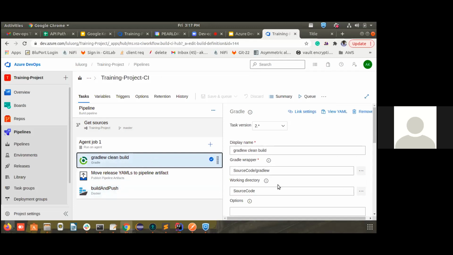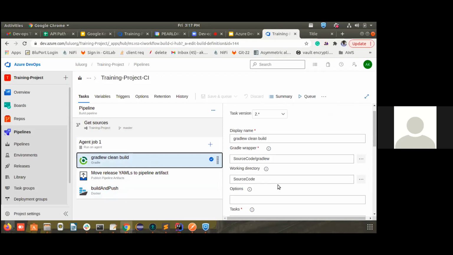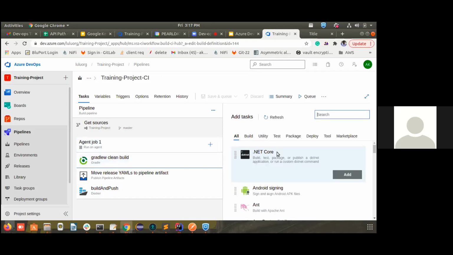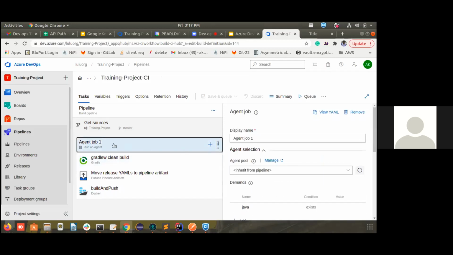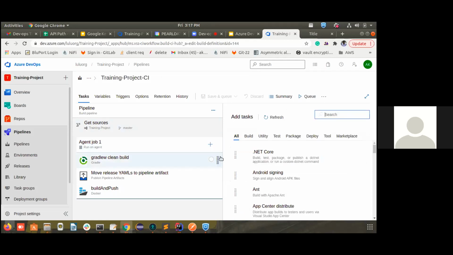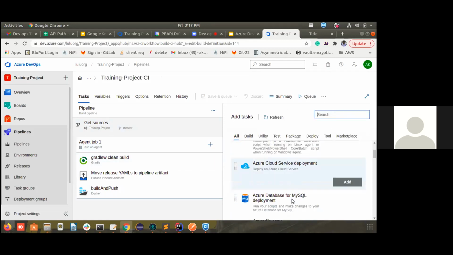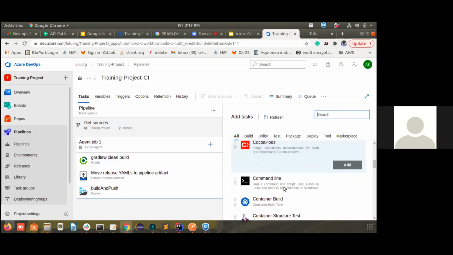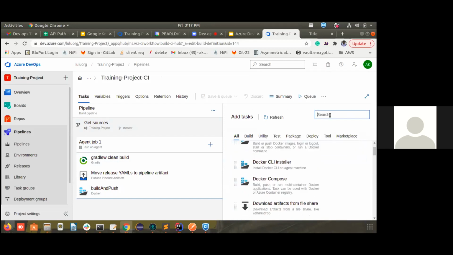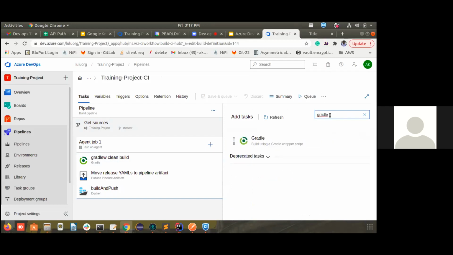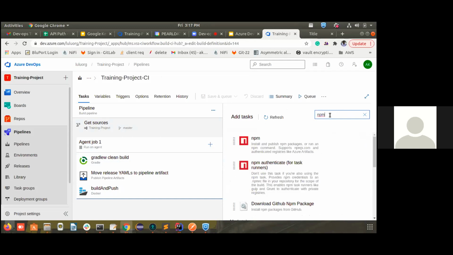Any other questions here? Okay. So this is how the Gradle build occurs. So you can choose from any other jobs. Even if it's your Node.js application, once you have added an agent job, you can just click on this and choose from many of the utilities that are given here. So you can mention a Gradle build, which is already there that we have done. Otherwise, you can use npm. npm is also there. So you can choose your build tool to build this application.